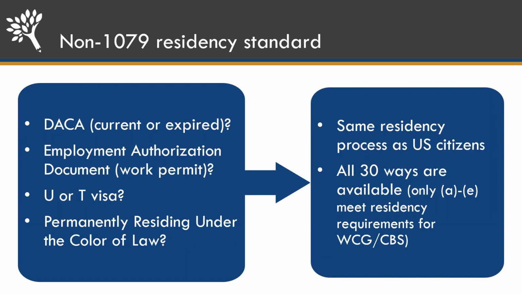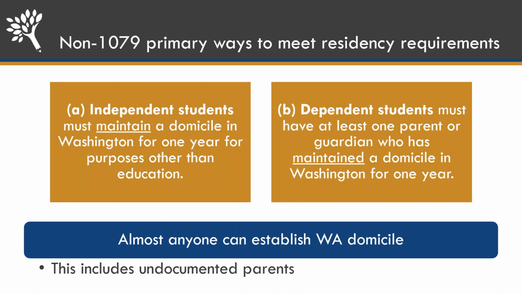And if the student is considered financially dependent, then you're looking to their parents, and that's fine that they're undocumented. And you don't actually need to know that the parents are undocumented. So I think for most of you, you've been doing this work. You would just do what you've always done. If you're a private institution, look at your WASFA information to figure out if the person has had a domicile here. If you're a public institution, of course, you're working with your residency office.